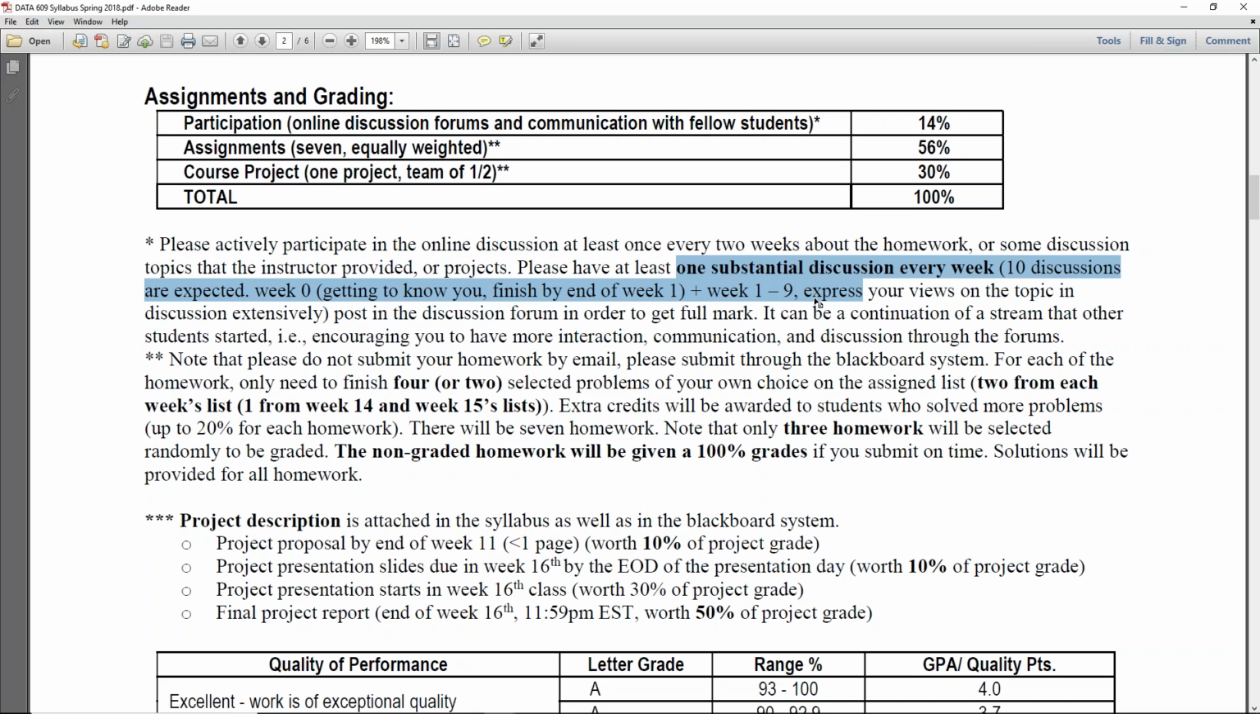You don't really need to start a new thread. You can comment on someone's topic, and that would count. Of course, feel free to discuss more than just one. And then